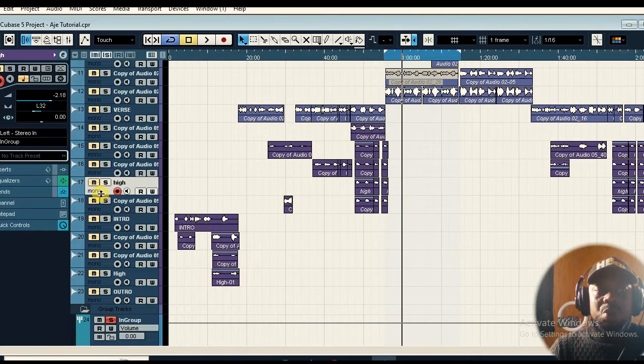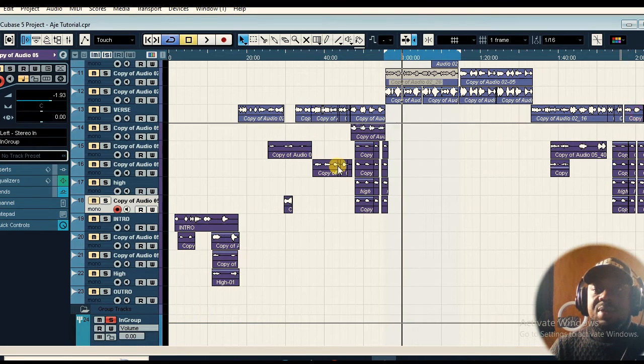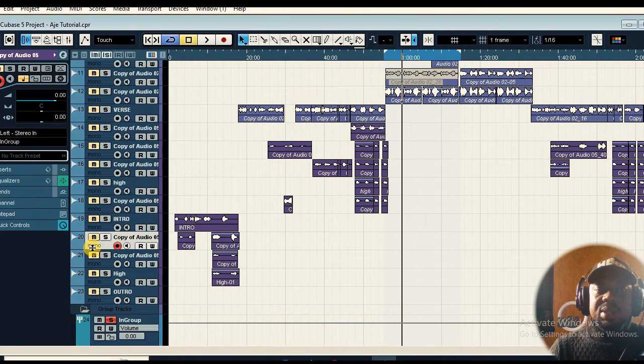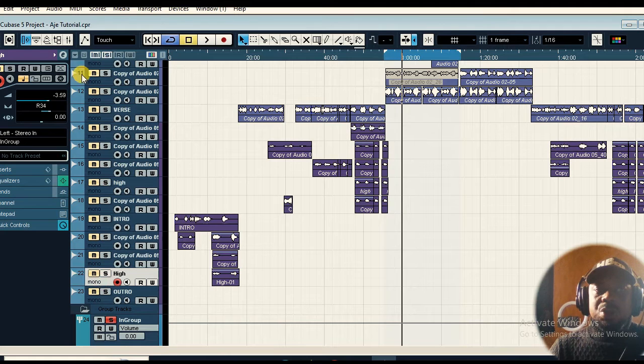For example, this one, I pan it a little bit to the left. This one too, let's pass it in. So that's what you need to do. Just pass it and give it a little reverb. Then this one, I pan it to the left too. You can pan it to the right or the left, depending. Then this one too,